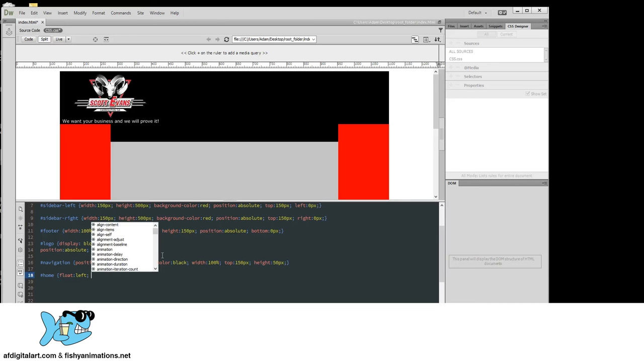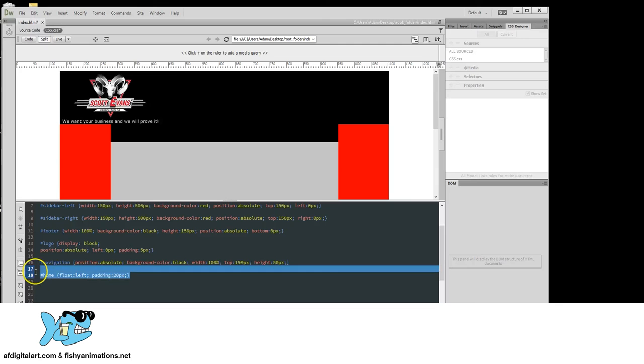I'm also going to add a padding. So I'm going to do a padding, colon. I'm going to do a padding of 20 pixels. Now you can mess with padding, end it with a semicolon, close the bracket. By doing this, it automatically creates a nice rectangular box for the button to fit in based off the padding. And you'll see what I'm talking about. Hit enter. Now what I can do is I can go ahead and just click and drag and copy all this code,